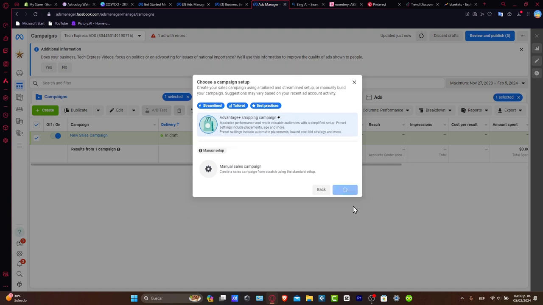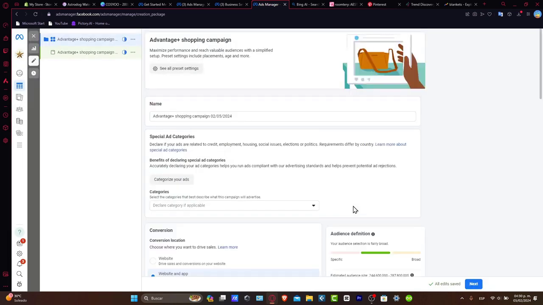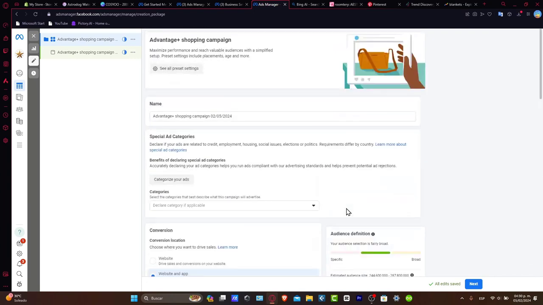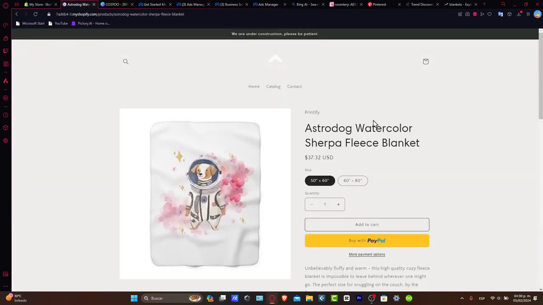Now it's going to go into continue. Then later on, it's going to be showing you the advanced shopping campaign. Here's the name, the conversions, and all that information. But before we head down here into all this information, let's go into step number 2, which is creating your